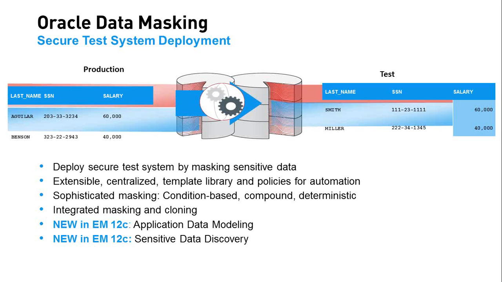Data masking is a solution which uses an irreversible process to replace sensitive data, which helps you ensure that the original data cannot be retrieved, recovered, or restored. It also provides a centralized repository to manage the masking formats. And traditionally, I've seen that DBAs have to create custom scripts to mask